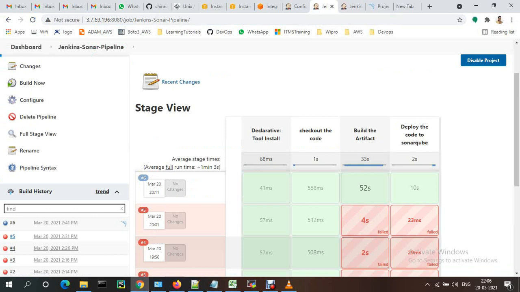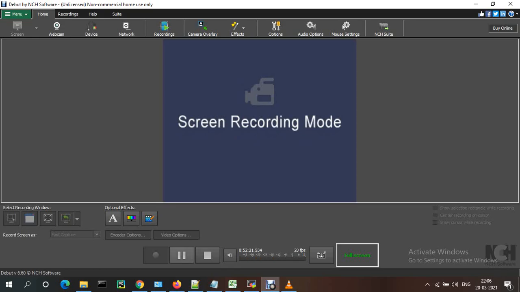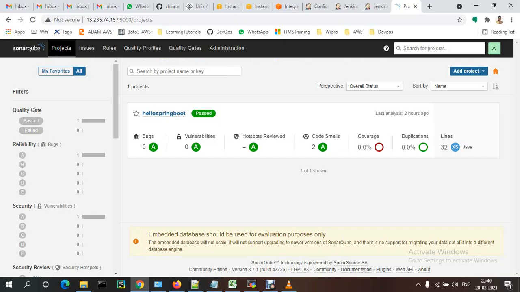Okay, and see, I'm able to see the project also success. The report is generated in SonarQube. So here also we are getting success response. Now, if you know the build is success or failed, how should you know whether the quality gate is passed, like the report is passed or failed? So for that one, we just need to create a webhook from here. So when build is success, just need to send out the report.